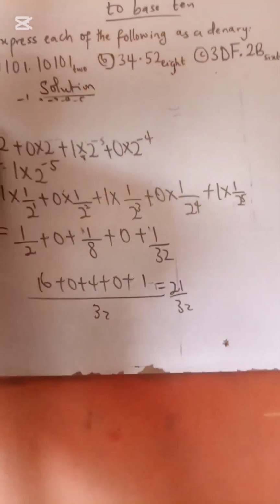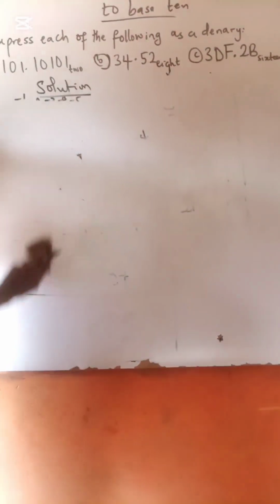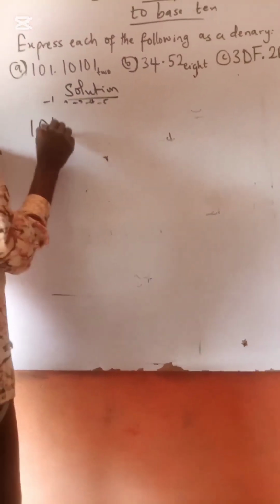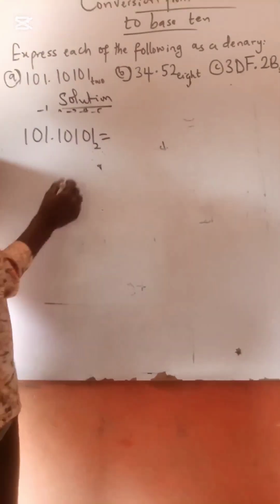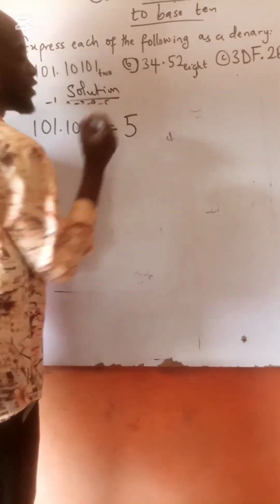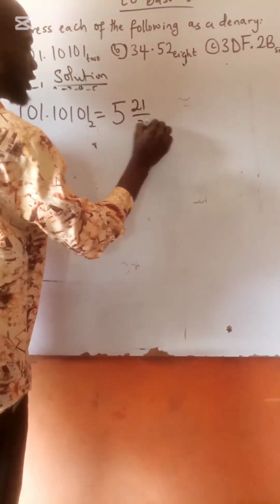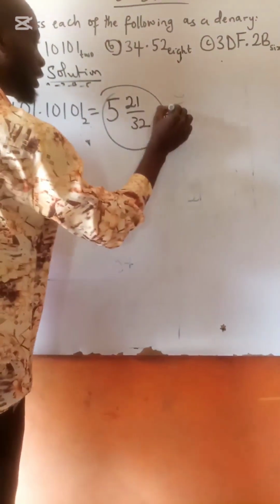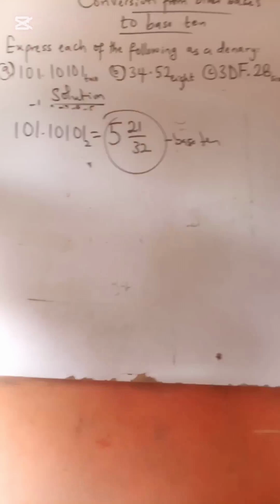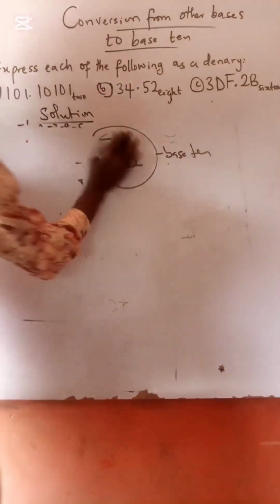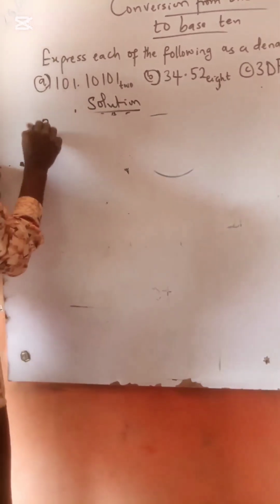So to finish solving the question, we can now say that 101.10101 in base 2 is the same thing as, don't forget that we got 5 for this part, and then we just got 21 over 32. So they are all in base 10. So we have converted it like that. So secondly, let's quickly do the second one, which is